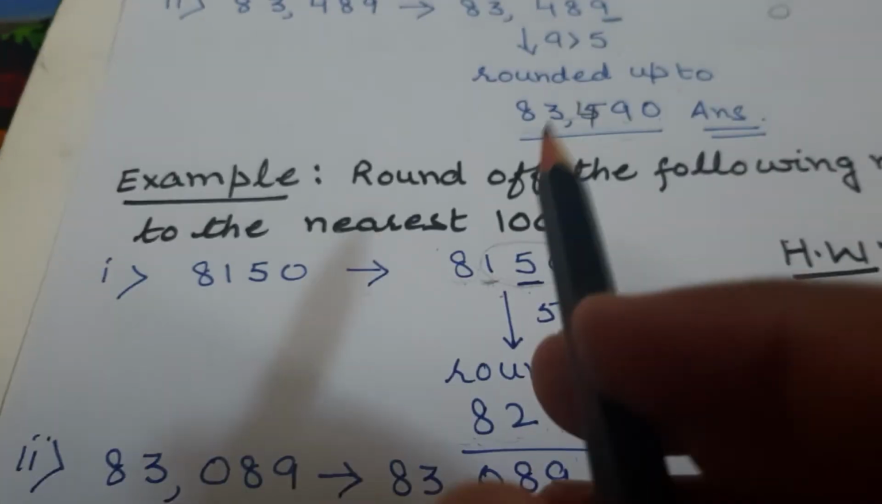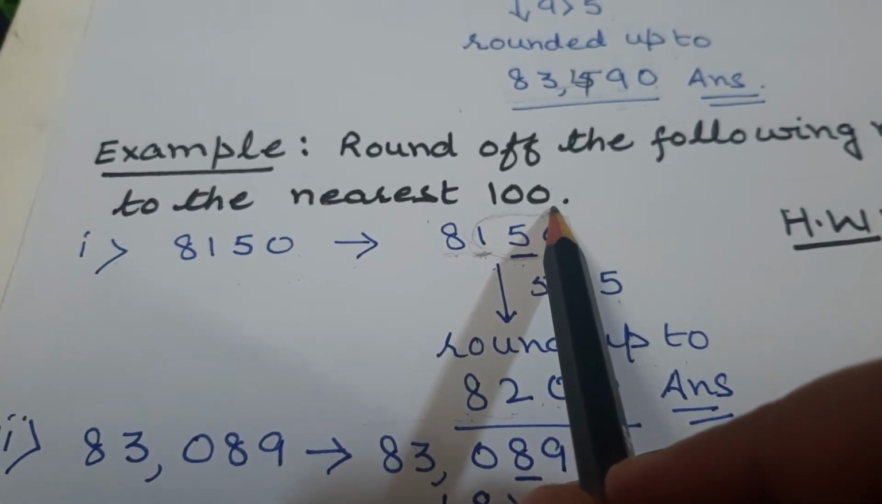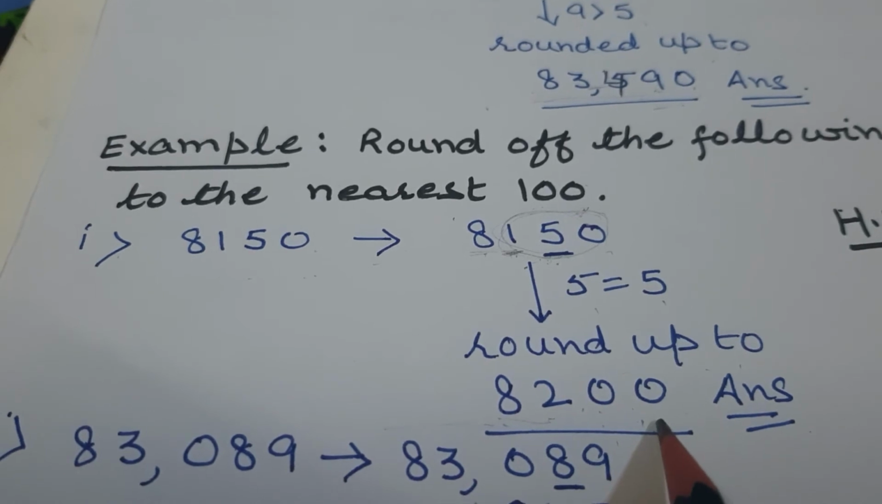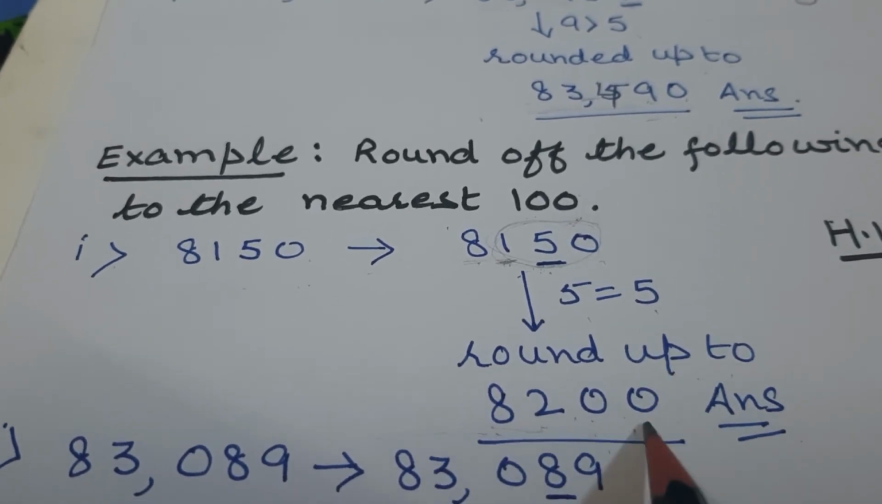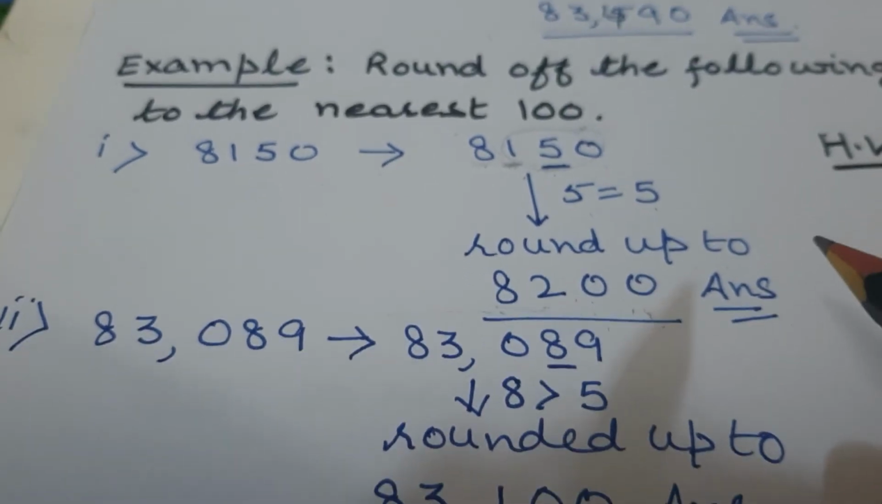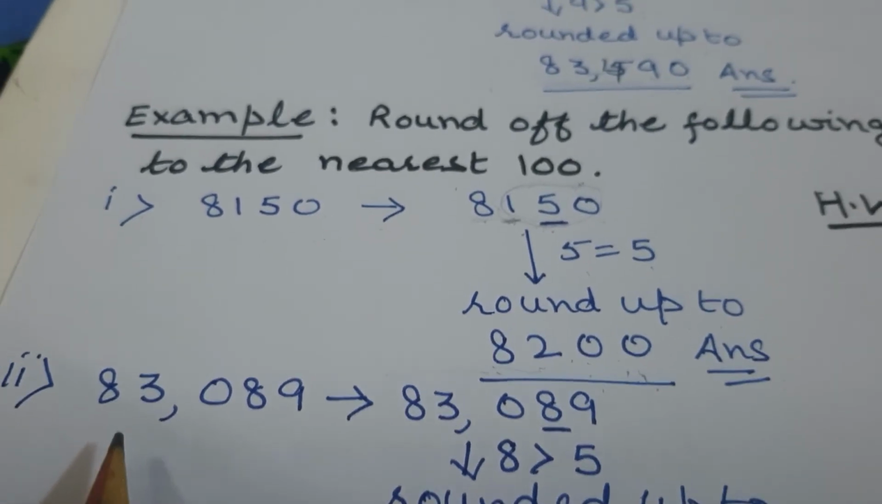How you will check your sum? In 100 there are 2 zeros. So in answer also there should be 2 zeros. Now this number is rounded up nearest to 100. Now one more example I am taking,